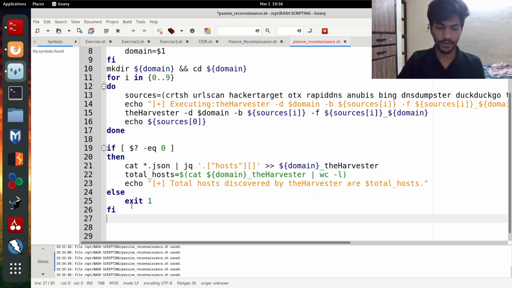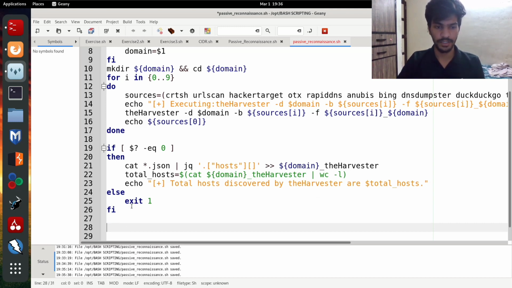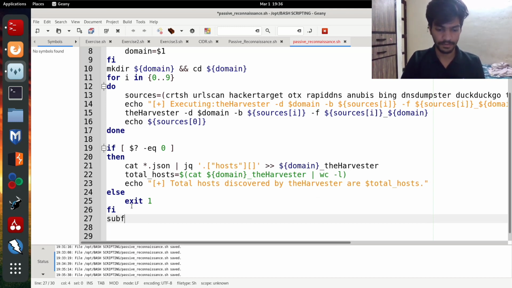And in the last, I'm going to use another tool, which is Subfinder, which is another tool of discovering subdomains. So dash d to give it the subdomain, which is simply the input, which is domain. And we can do what? We can simply do this. We don't need to do that. We can do dash dash silent, and we will store everything to a file called